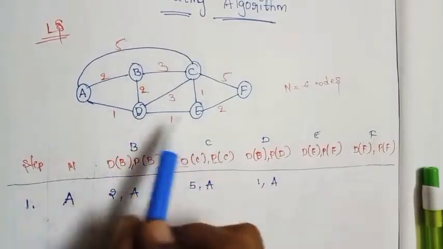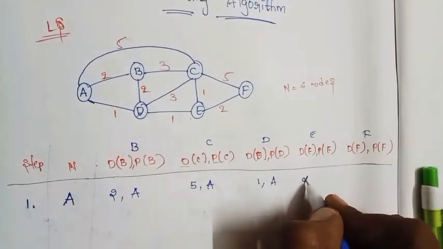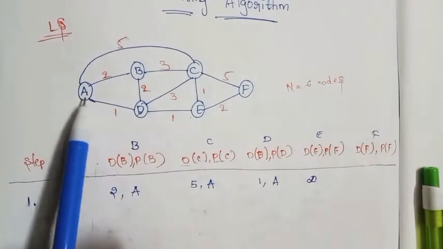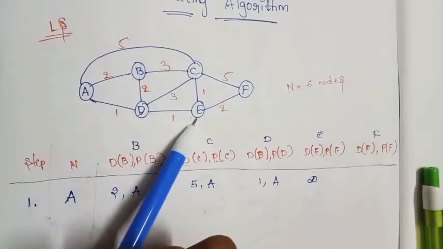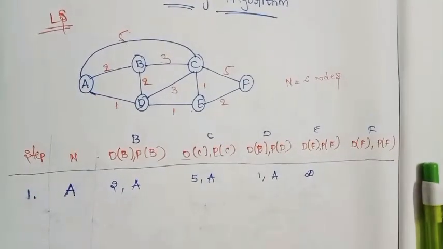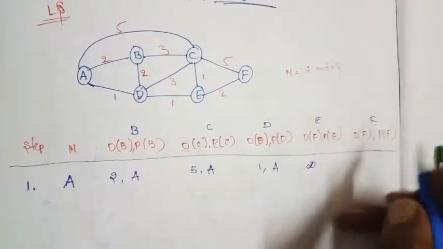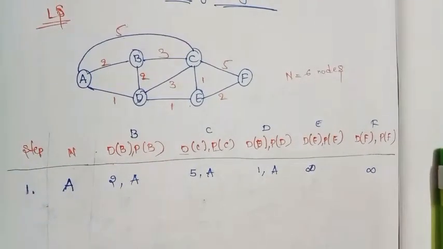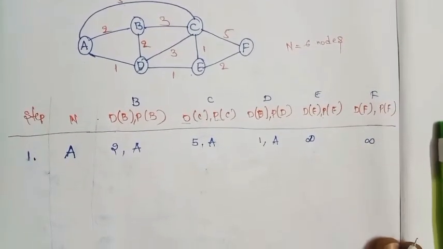And for E there is no direct connection from A to E, so I am just writing infinity. Because if you want to reach E, either I can go through A to D, D to E, or from A to B, B to D, D to E. So it has many ways, and I just represented it as infinity. For A to F, it is also the same, guys, infinity. So there is no need to write the previous node because we don't know the previous node, whatever it may come. Now took the smallest,